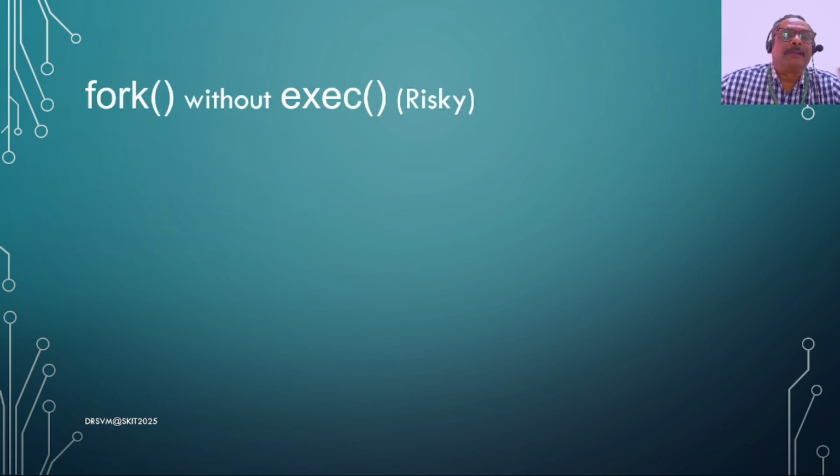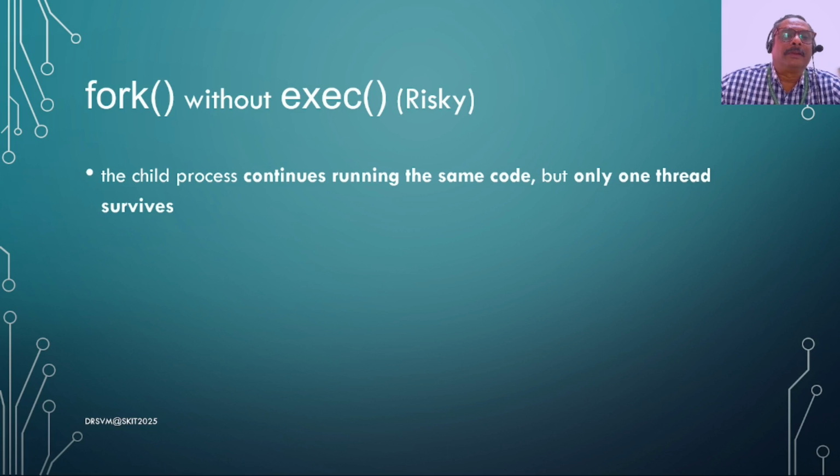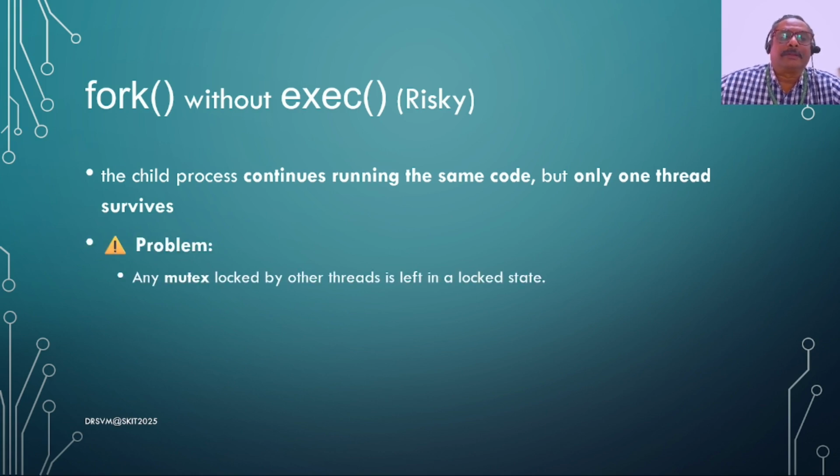But if the fork is used without exec, then it is very risky. The child process continues running the same code as the parent, and only one thread survives. What happens when one thread calls a fork? That thread gets duplicated, and because it does not continue with exec, no new environment is created, and only that one thread continues to exist, and all other threads just